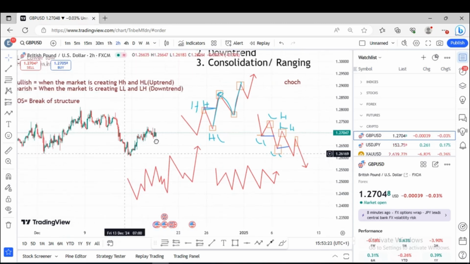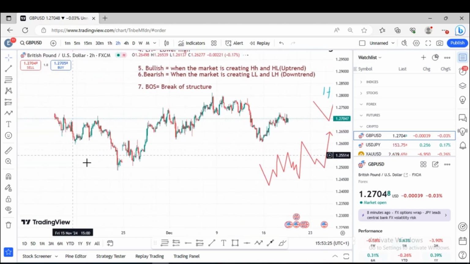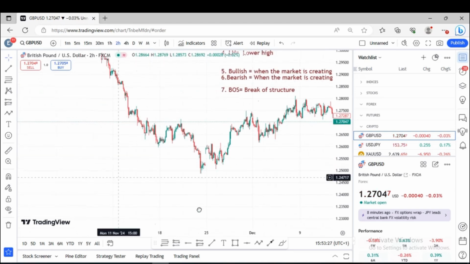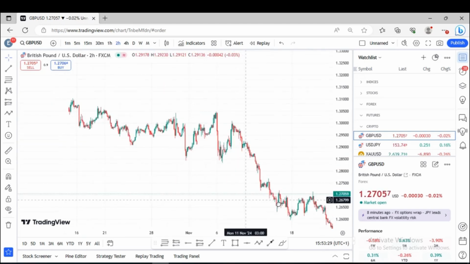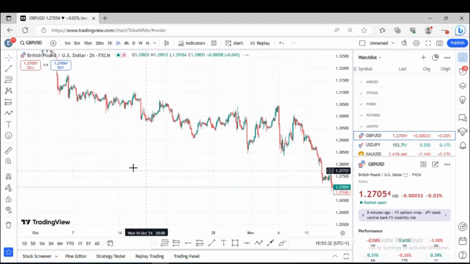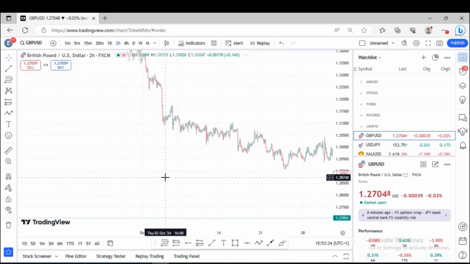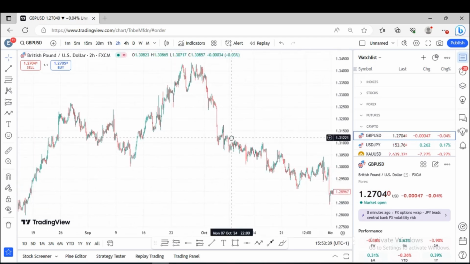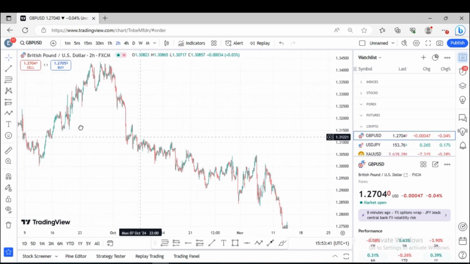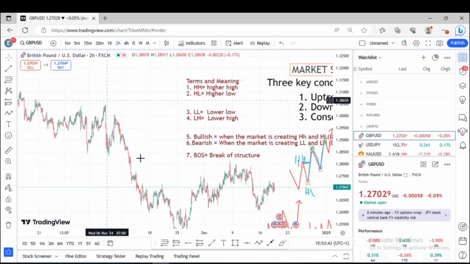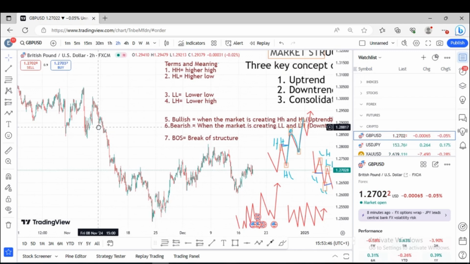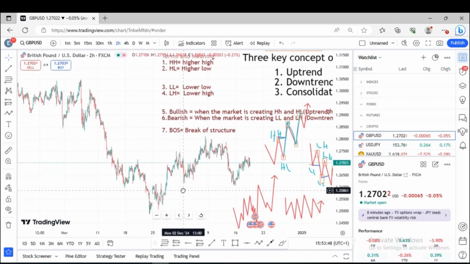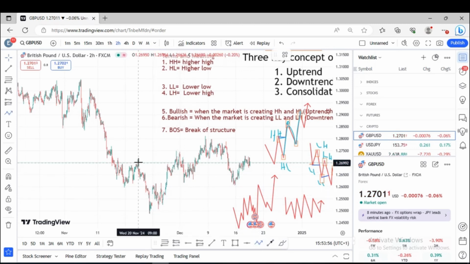This is GBP/USD. I'm in the 2 hours time frame. So here, let me show you an uptrend first, because that's the first thing we did. Here we have an uptrend starting from here,